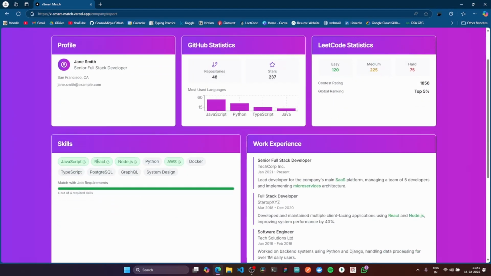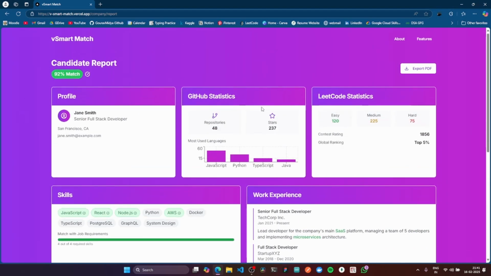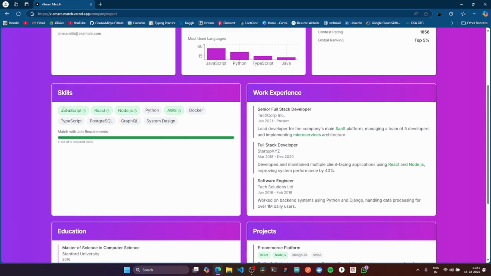Over here they can see all the statistics related to this person, their GitHub statistics, LeetCode statistics, as well as the skills that matched with the job posting. Over here you can see 4 out of 4 required skills, which were JavaScript, React, Node.js, and AWS.